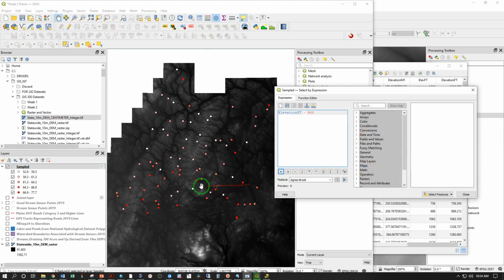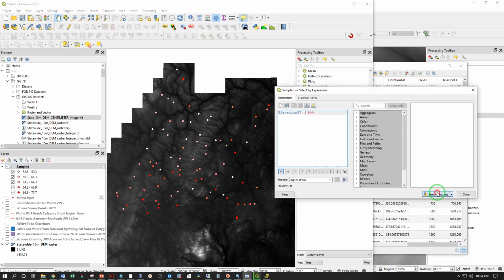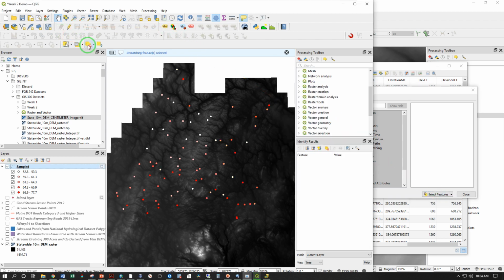So keep an eye on the pattern here. We have warmer temperatures down here, a few cooler temperatures up here. Select the ones that are at lower elevation, below 900 feet. There they are. Clear that selection. Select features again. Clear the selection. So we can see that many of the lower elevation sites happen to be warm, but also